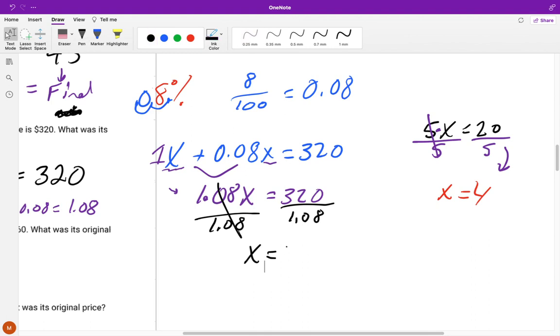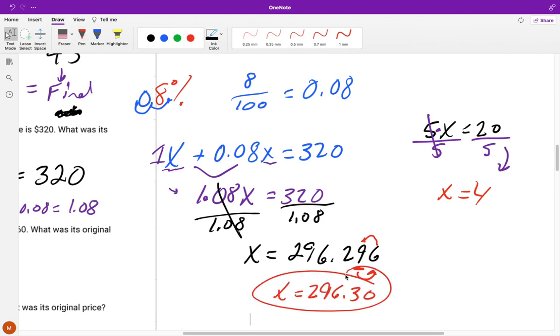And 320 divided by 1.08 gives us, on your calculator, 296.296. Since you're asked to round to the hundredth, we're rounding to this decimal place. So we're looking at the number after it. Since 6 is greater than 5, we round up. So when that rounds up, 29 will turn to 30. So x is equal to